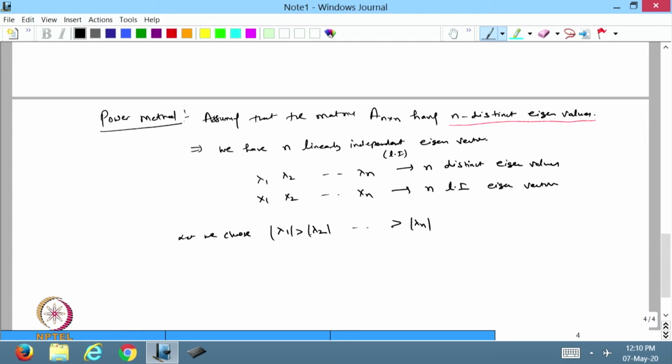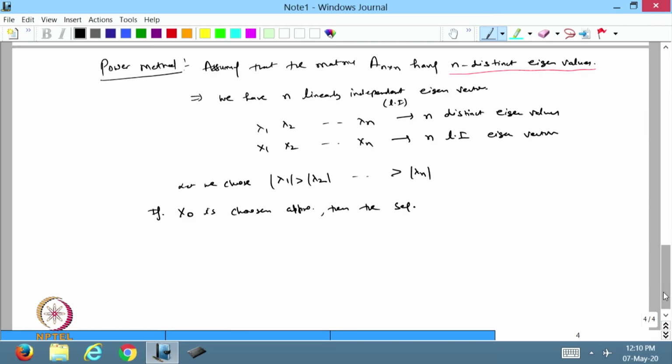Now, if x naught is chosen appropriately, then the sequence xk. So, this is xk I am writing in terms of a vector, because this will be a vector definitely. So, this is x1k up to xnk, where k is 0, 1, 2 and so on,